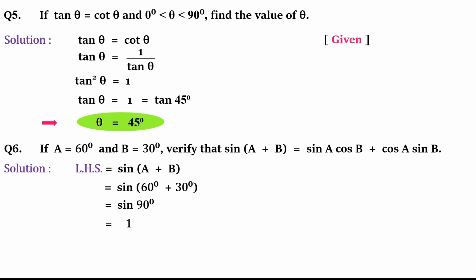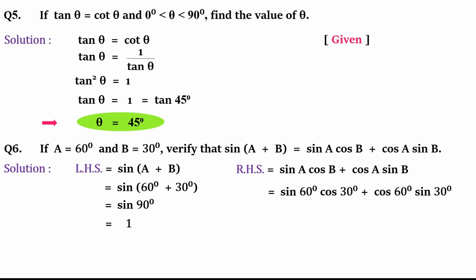Now I'll see to it that right hand side also when simplified gives me 1. So let's take now the right hand side. In right hand side I have sin A cos B plus cos A sin B. Very carefully you have to substitute the values. Now it becomes sin 60 cos 30 plus cos 60 sin 30. We have substituted the values of A and B. Now next step is pure use of that table. Pure use of the knowledge that we have of the standard angles, or I have taught you the palm trick also. Just looking at your palm also you can tell the values.